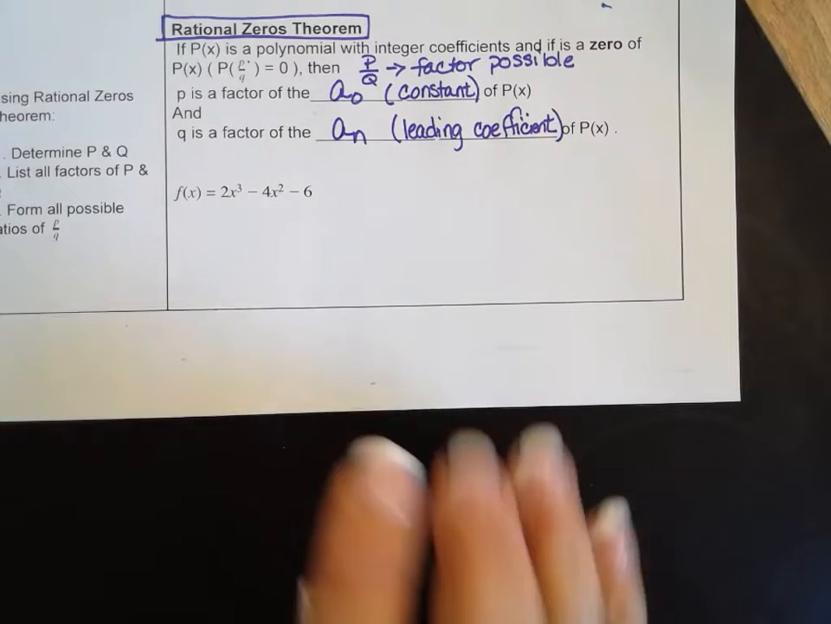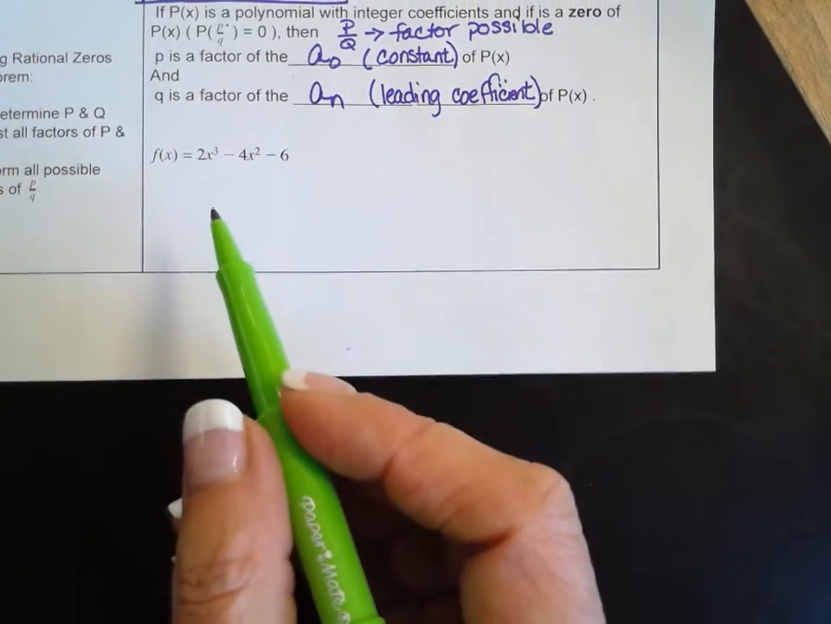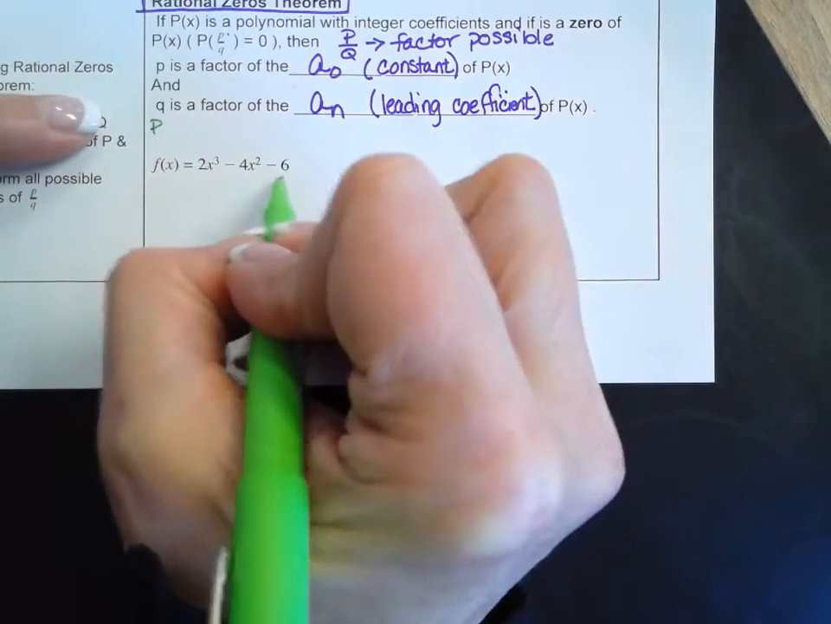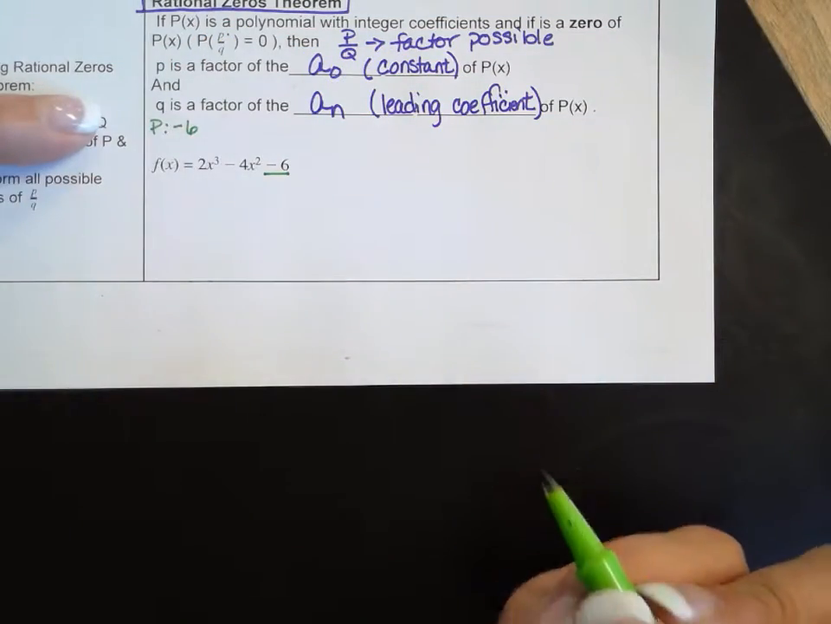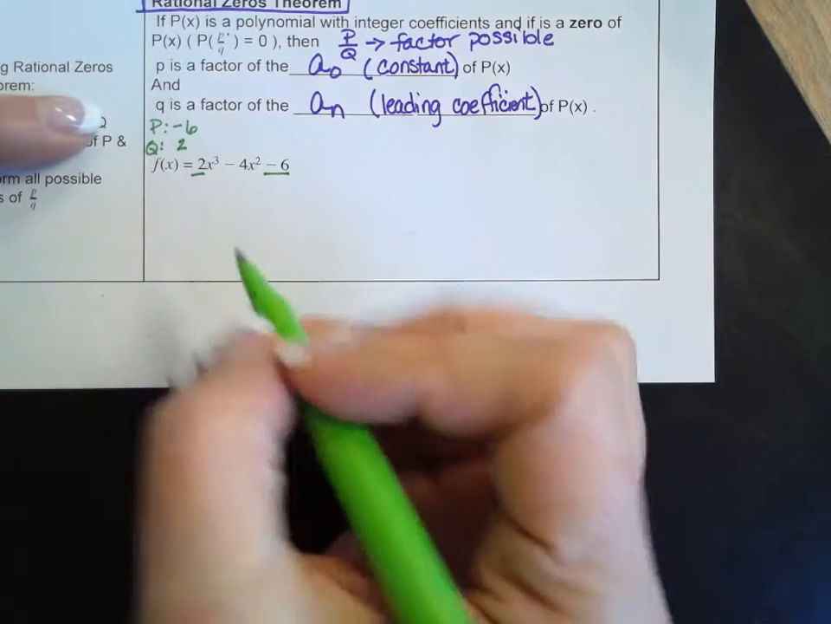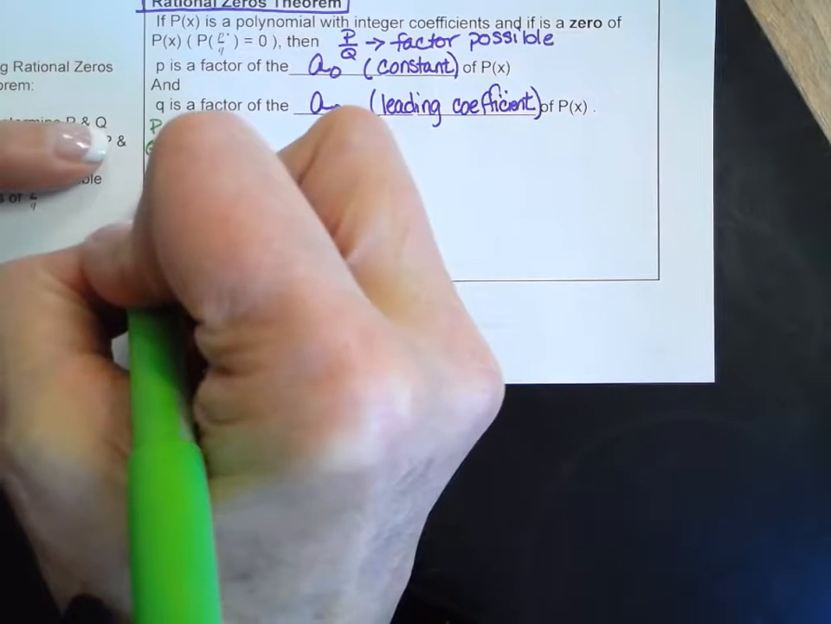Alright, so looking at 2x cubed minus 4x squared minus 6. P is my constant, so that's going to be negative 6. And Q is my leading coefficient, so that's going to be 2. Okay? Alright, so I find the factors of